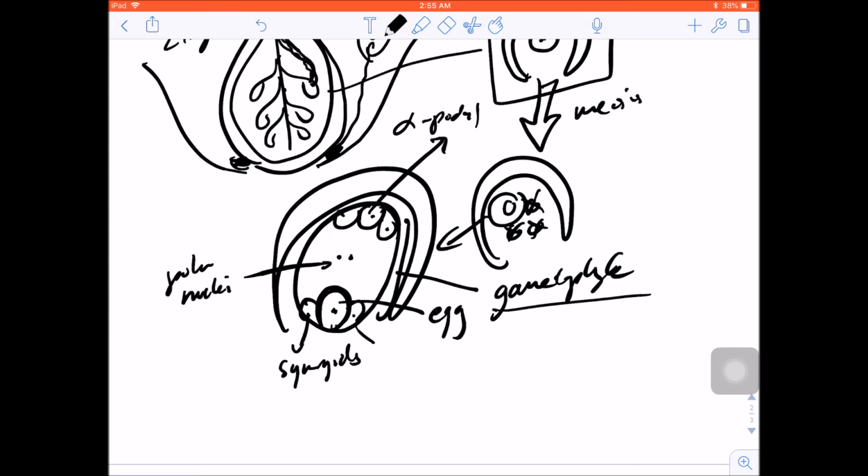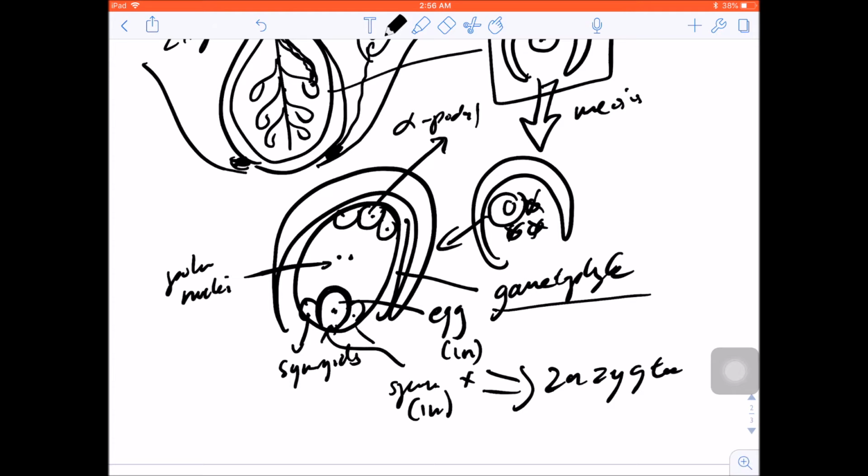One sperm fertilizes the egg, so that egg was 1N, sperm was 1N, and you add those together and you make a 2N zygote. Another sperm goes and fertilizes the polar nuclei, and it makes 3N